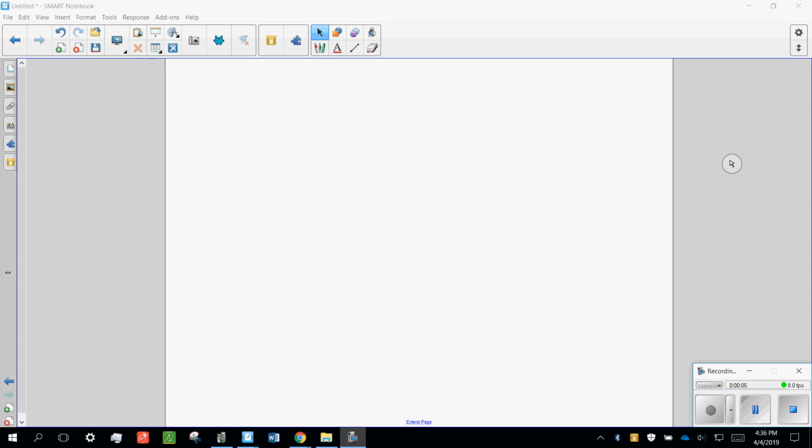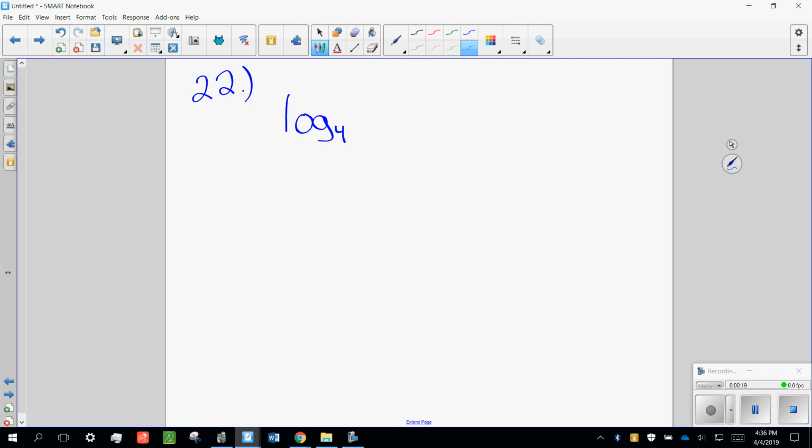I'm going to be working some problems from the condensing and expanding logs assignment. I'm going to start with number 22, and this one's going to have sound. Happy to do that. So, first one we got log base 4 of x to the 6th times y to